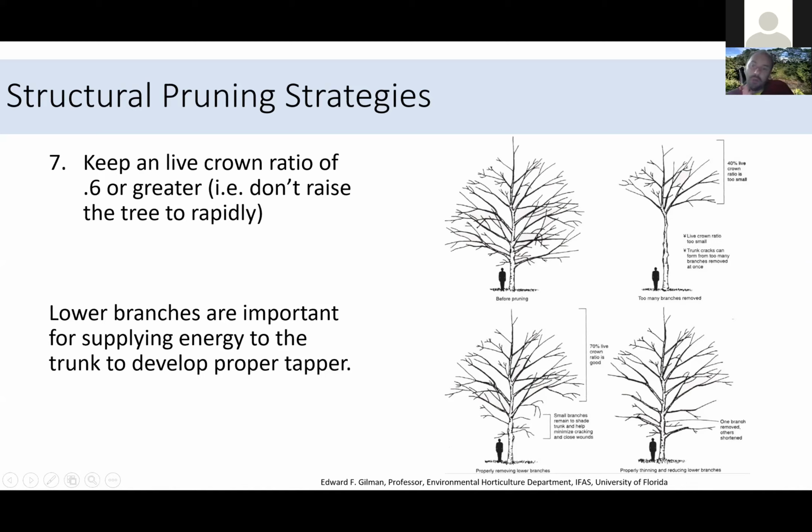The situation where you might want to move this strategy up your list of priorities also has to do with the size of the branches. If the lowest branches in the tree are going to eventually one day come off, like, they're at 6 feet or something, and they're approaching 4 inches in size, you may have to move them up in the priority list to get them off before they get too large. It's a little bit of the art of pruning. You have to practice pruning to get a handle on when you should play with the priorities of the strategies here. But hopefully that at least gives you some idea about that.